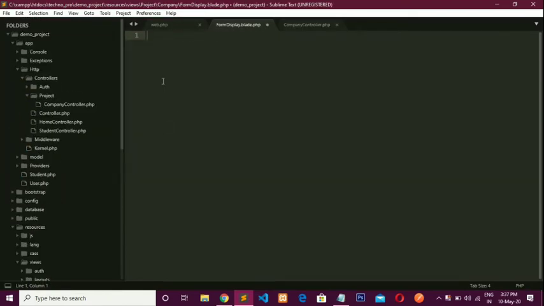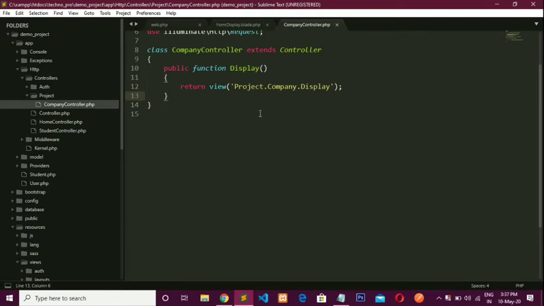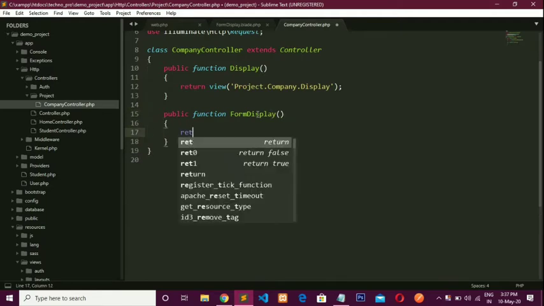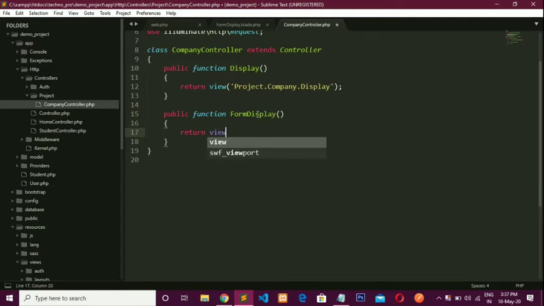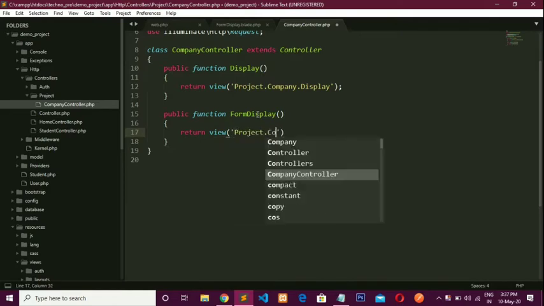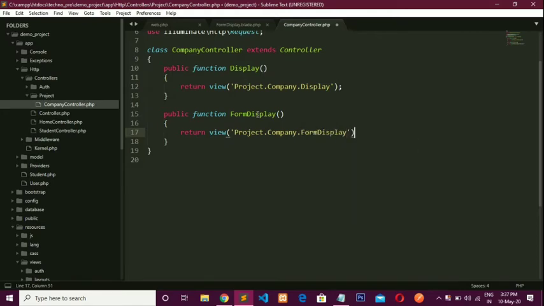Write one message here just for testing, and in the company controller make a method for that: public function formDisplay, in which write return view, and our view name is project.company.form-display.